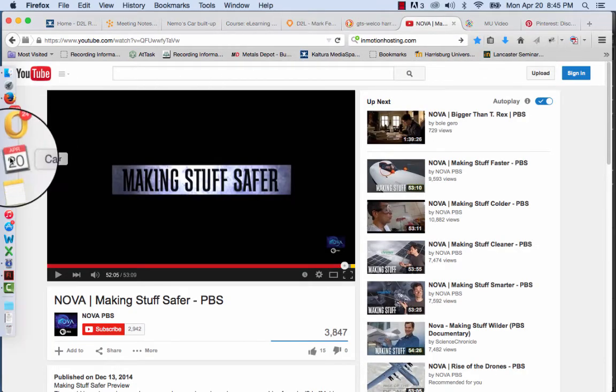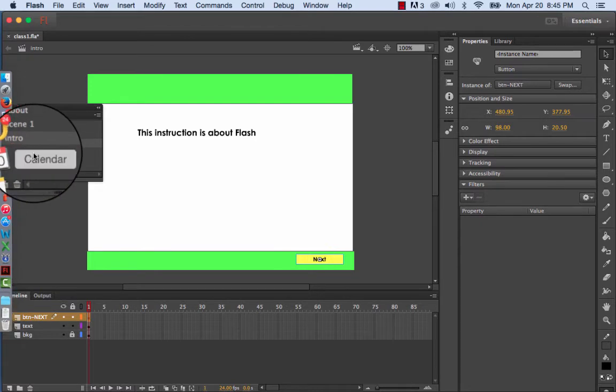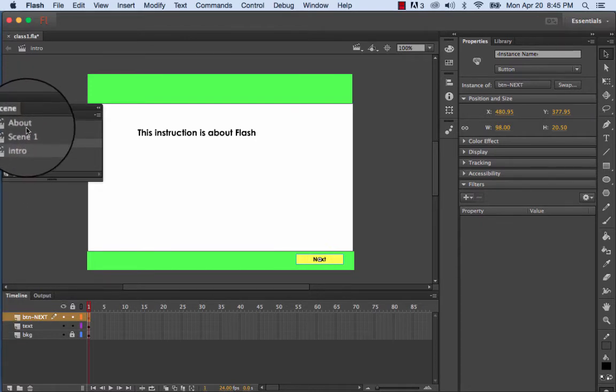I need to go back to my Flash, and I need to make sure that this scene intro is at the top of the list, because in my scenes it's going to choose whichever scene I have and run through them. So it's going to say whatever's first, that's going to run first. So I'm going to click on my little intro here and drag it up above the about, and now it's going to have intro first, and then it'll go to about, and then it'll go to scene 1. So whichever order you set these different items in here on the scene, that is the order in which they